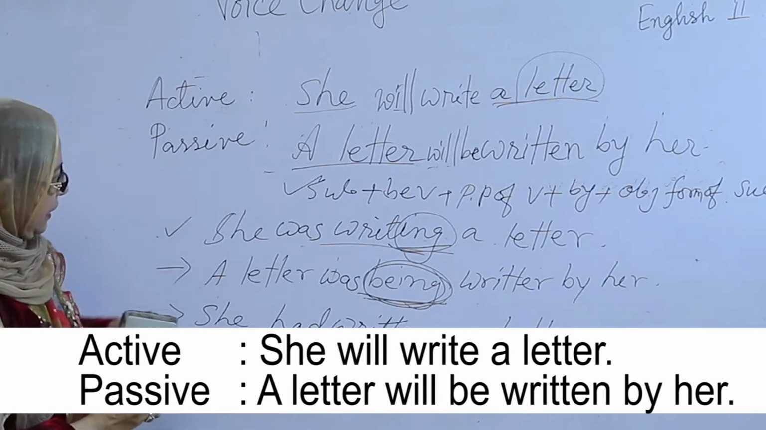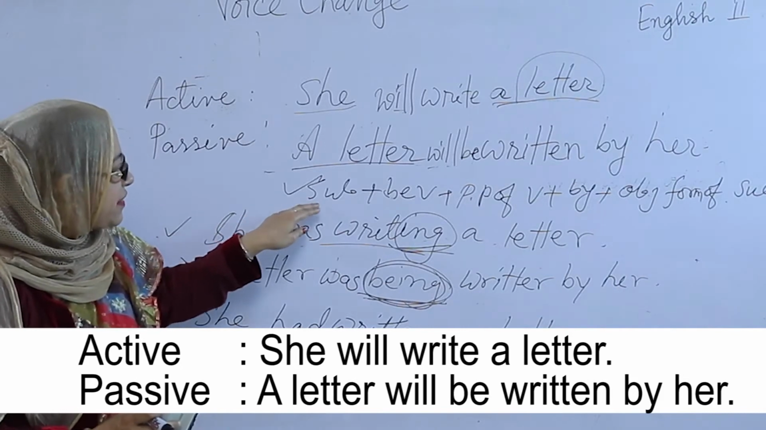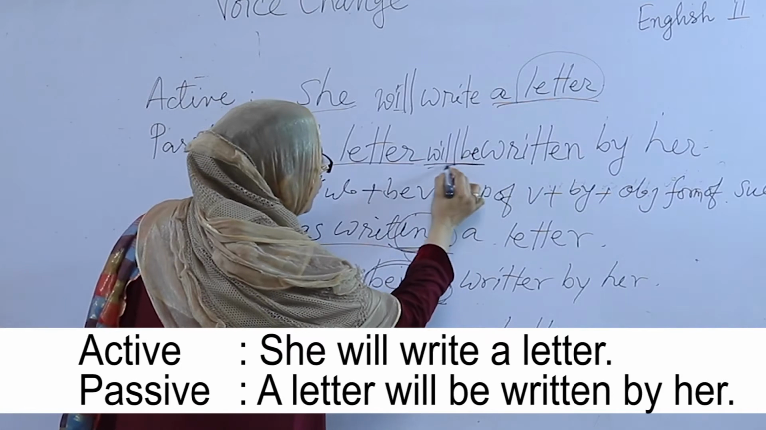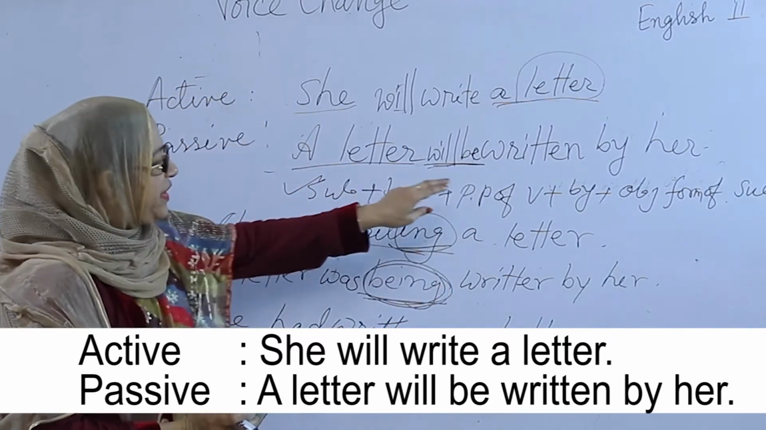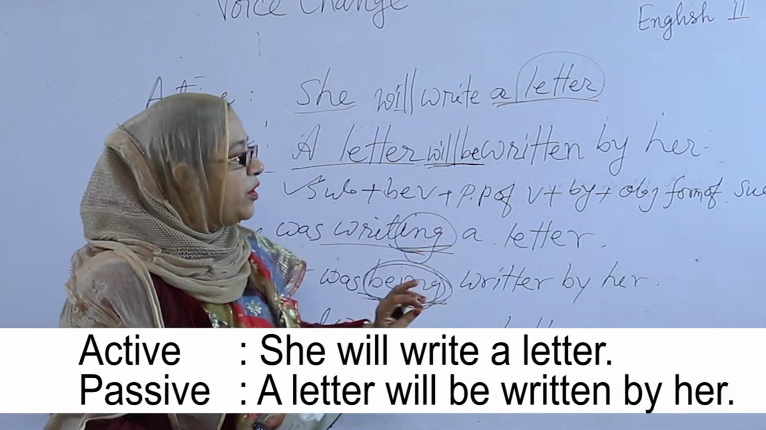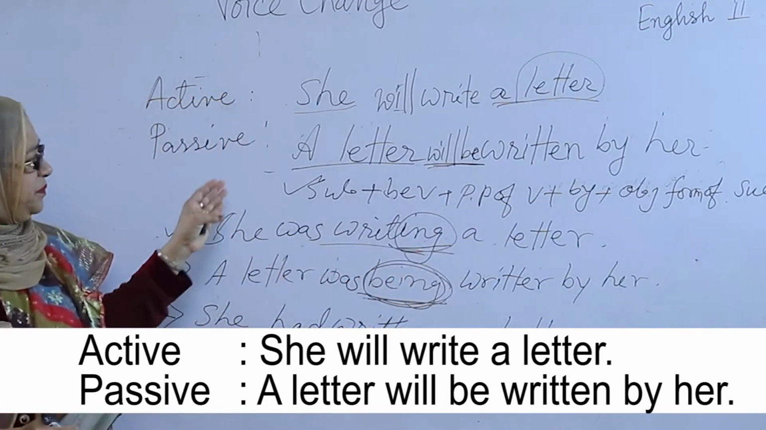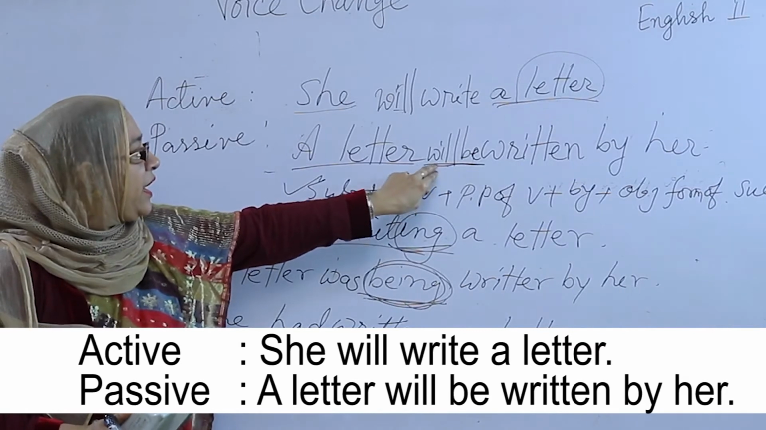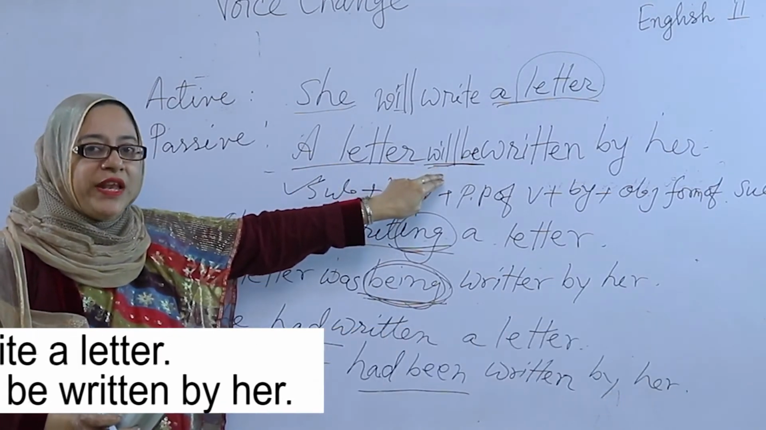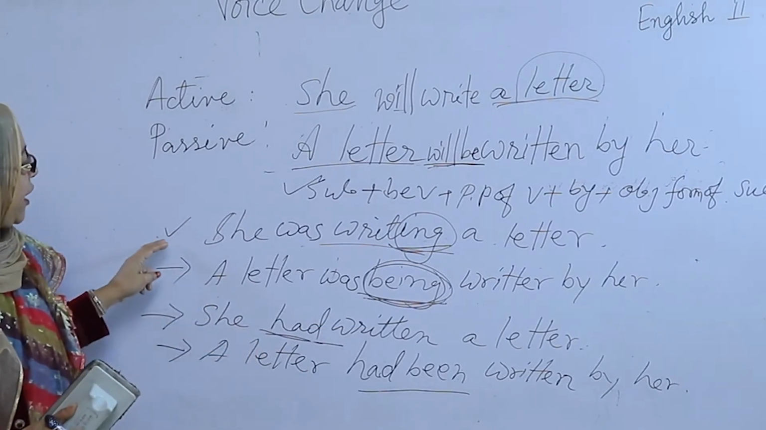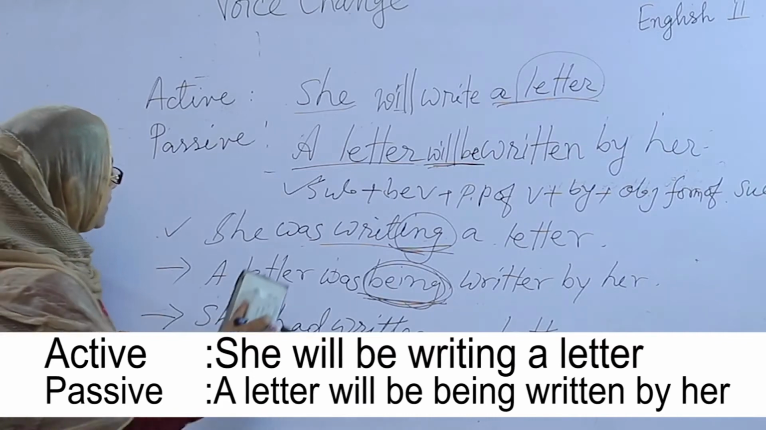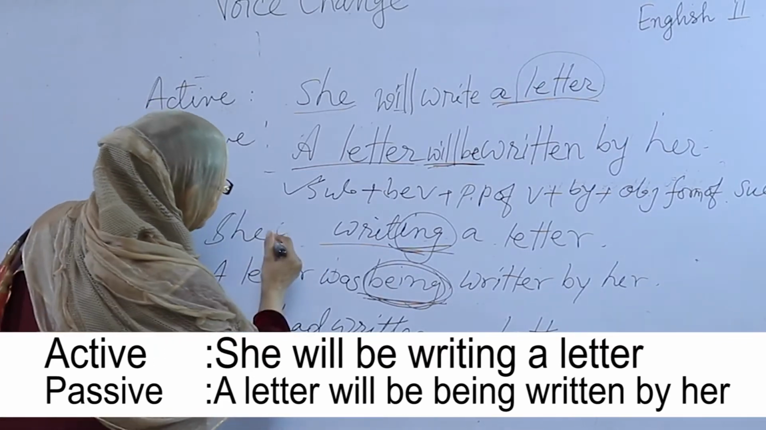And look at the board, the structure: subject plus be verb. This is the be verb, "will be". A letter will be written: past participle form of verb plus by plus objective form of the subject. Only I will change "will be". Then I will turn it into future continuous. She will be